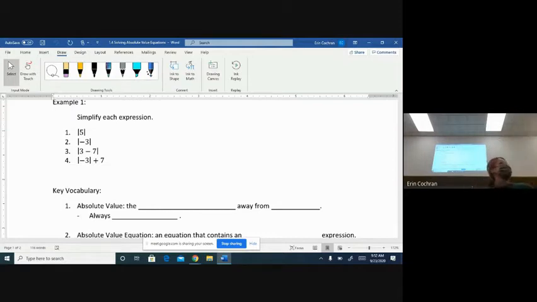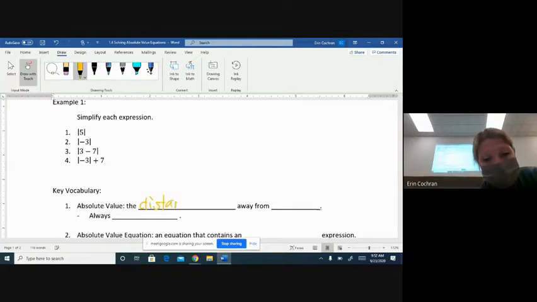The distance away from zero. It's how far the numbers are away from zero. So absolute value is the distance away from zero. Okay. Now, when we talk about distance, if I run around one lap around the track,